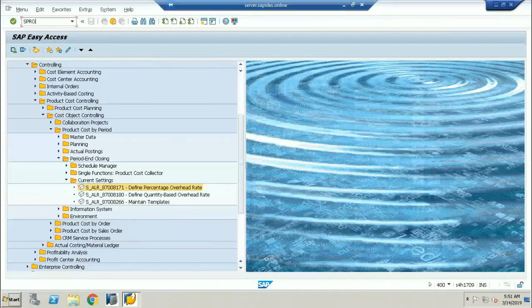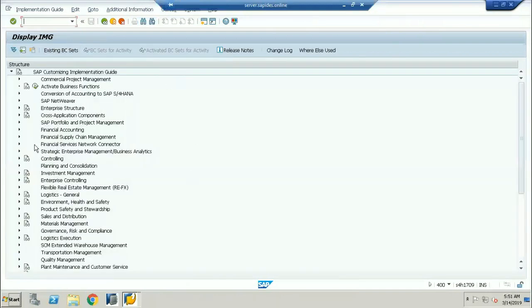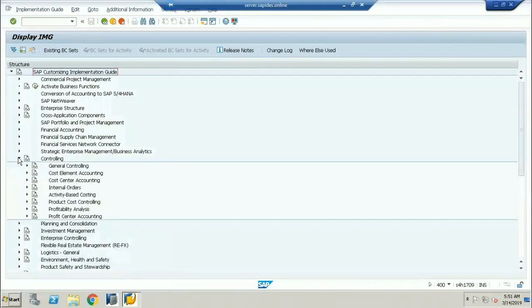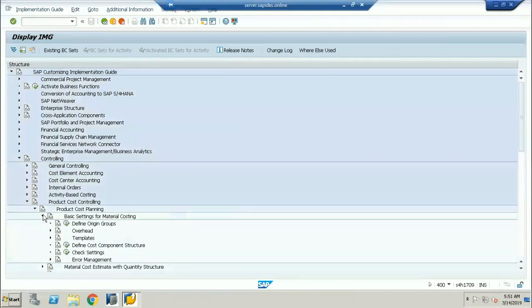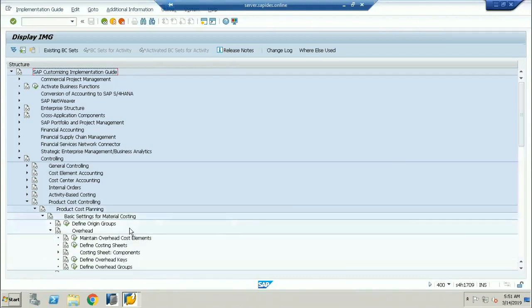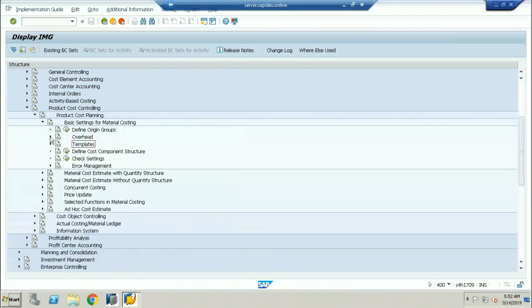SPRO, IMG, Controlling, Product Cost Controlling, Product Cost Planning, Basic Settings, and here we have the cost sheet. If I go to the overheads, as I discussed in the last class, here we have the cost sheet. Here in the cost sheet, I calculate the overheads based on the percentage. But when the percentage is not used, and the client wants it treated based on the fixed rate,